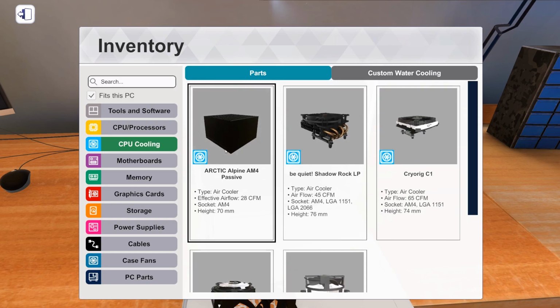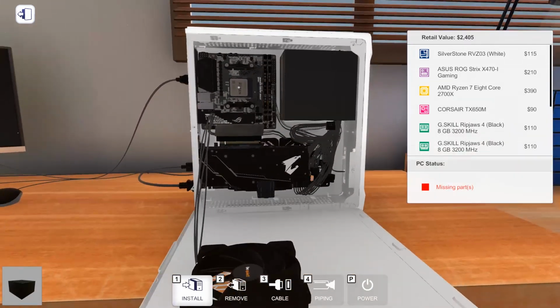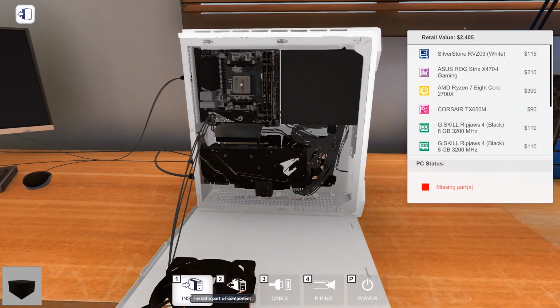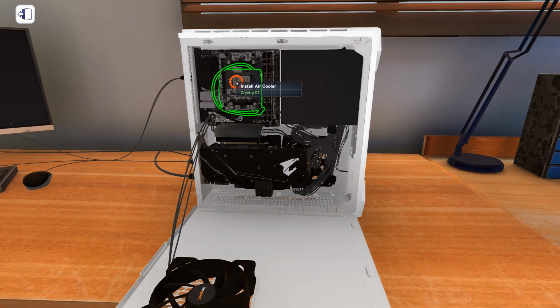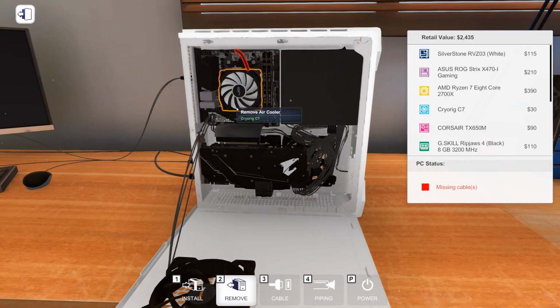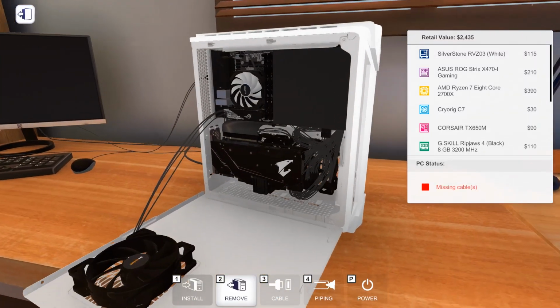Alright, well. Wait, what's this? Oh, what? They have a passive cooler in the game? That's so cool. I'm not bold enough to do it in this build, but that's sick. So passive air cooler, obviously, it doesn't have any fan. It's just basically like a heat sink. And yeah, in the right conditions, it can totally work. Alright, well, that's basically my only CPU fan option, so...